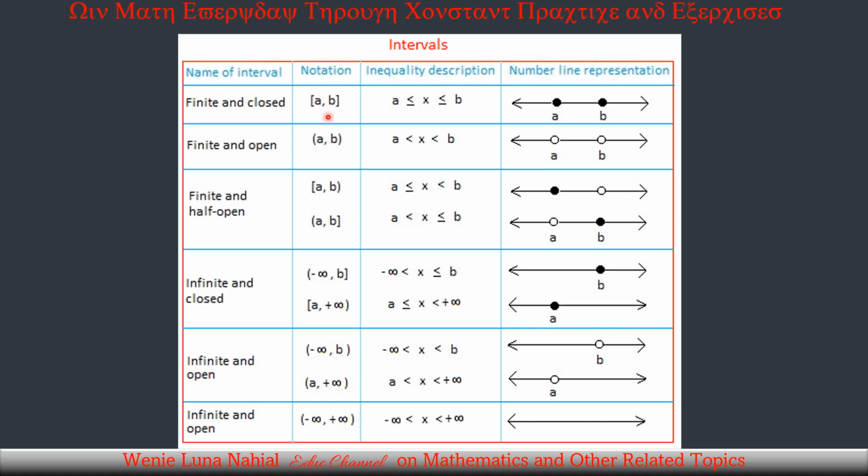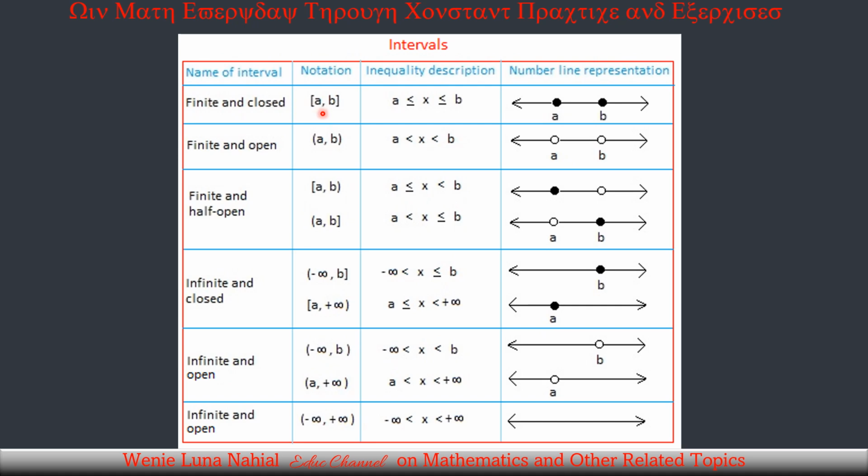This is the closed interval. By the way, I am including this one to show you that there are many ways of writing a set of numbers. So this is a sort of orientation on the different methods of writing the different sets of numbers. In this case, finite and closed, meaning to say we know the endpoints.